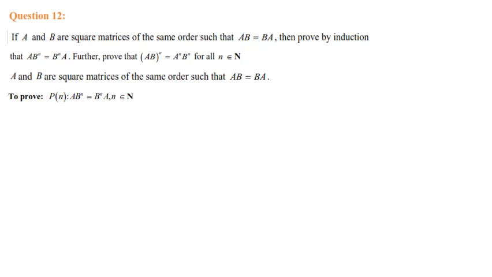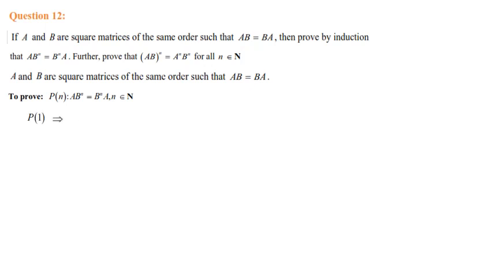First we have to prove that the result is true for n is equal to 1. Next we have to assume that the result is true for n is equal to k, and by using that we have to prove that the result is true for n is equal to k plus 1. Then by using these three conditions, if it is satisfied, then we can say that the result is true for every value of n. So first of all, we have to go for n is equal to 1.